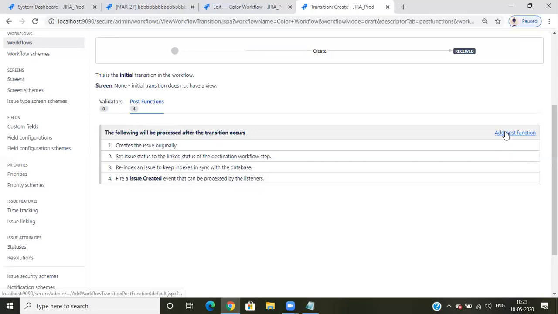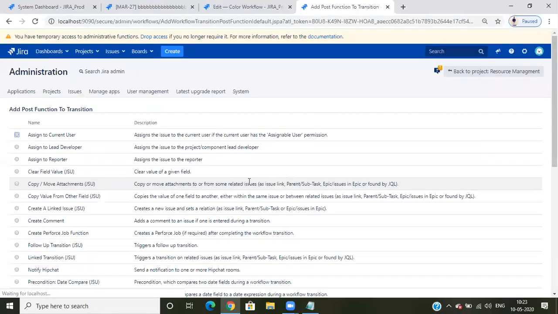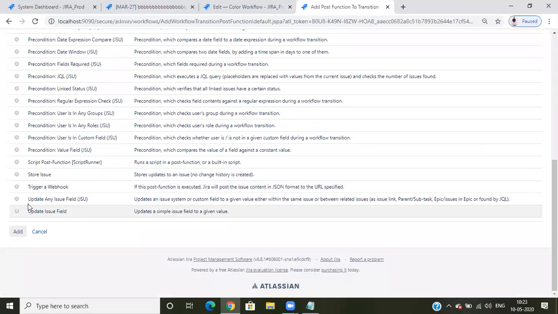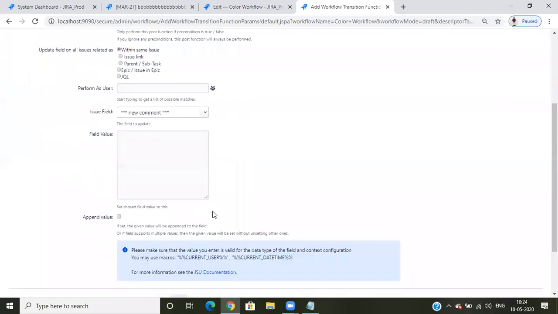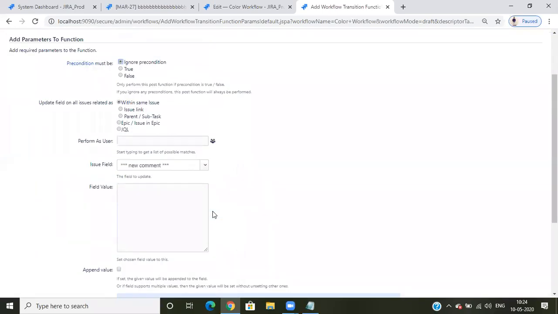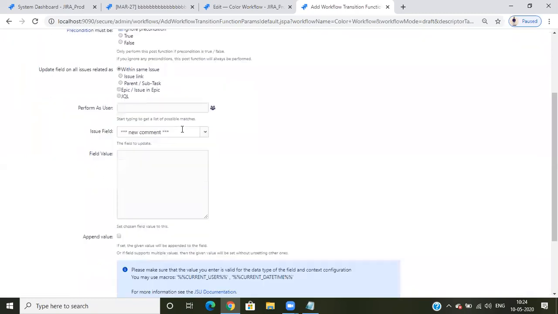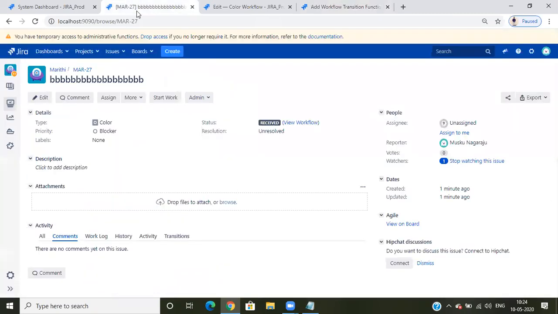Okay. Next, I'll do one thing. Issue has been created. Update any field I have. So if this updates any field, within the same issue or a linked issue or something, it is showing something.